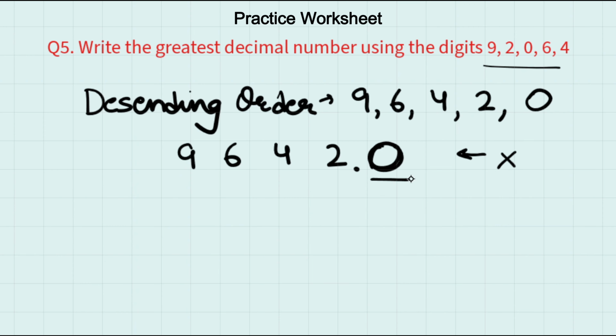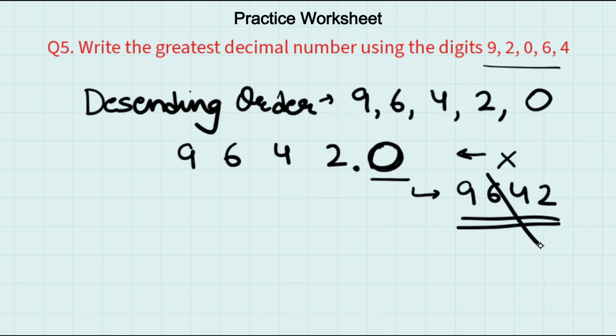Why? Because since we have 0 at the end, and it is after the decimal, it has no value. This number is actually equal to 9642, which is a whole number, which is wrong because the question asks you to write the greatest decimal number using all the digits. So what we will do is swap these last two digits. So it will be